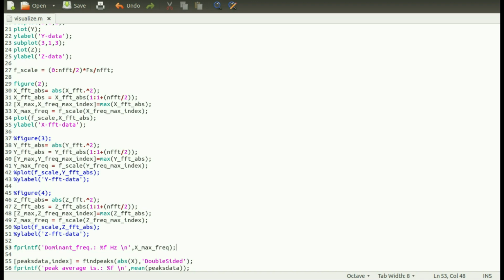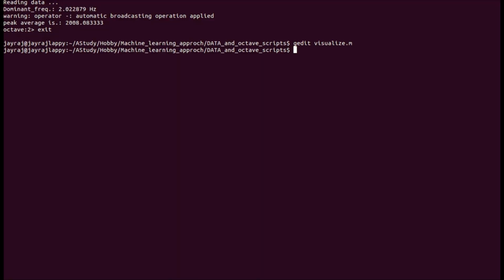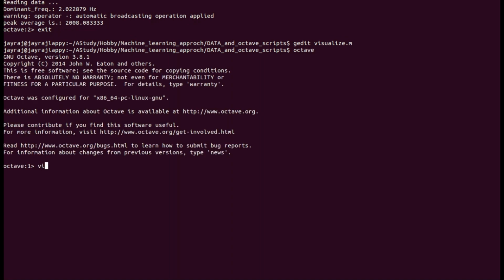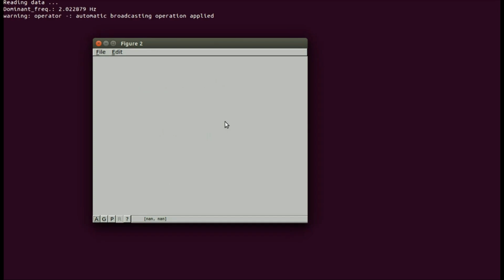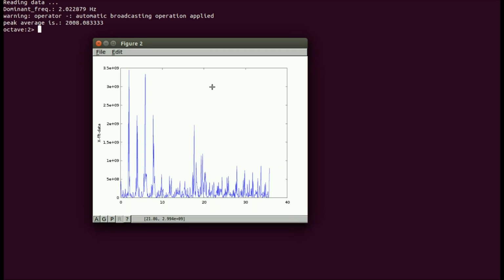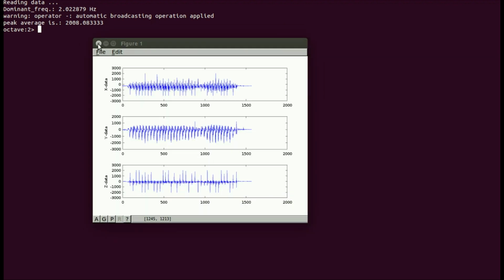So let's run this code again. Just run this in Octave, and I'll run the visualize. Okay, so this is the FFT plot for our data. Let's look at one more data here.